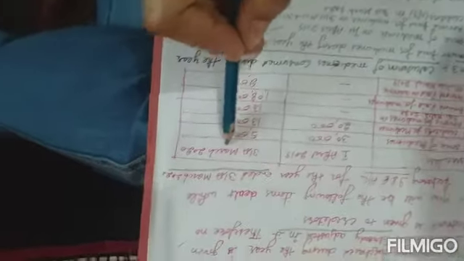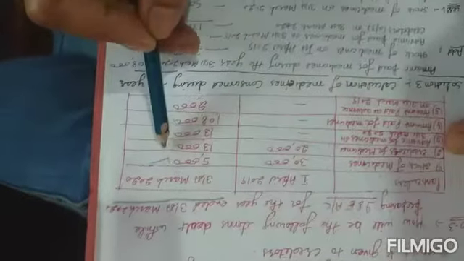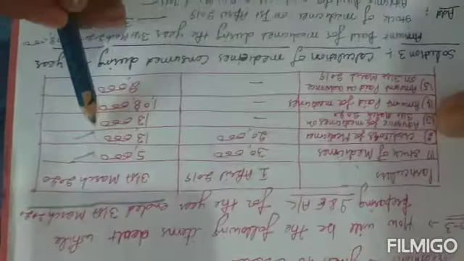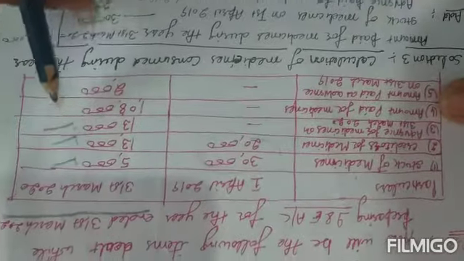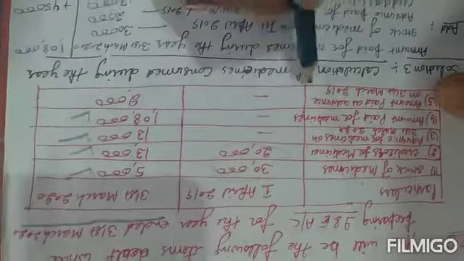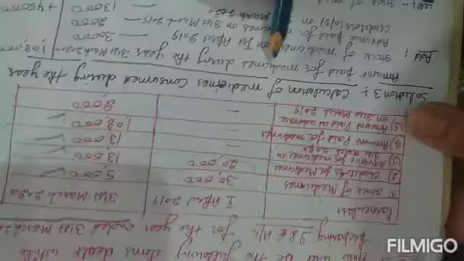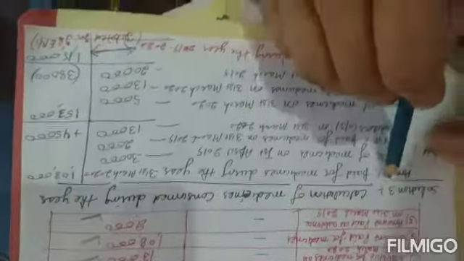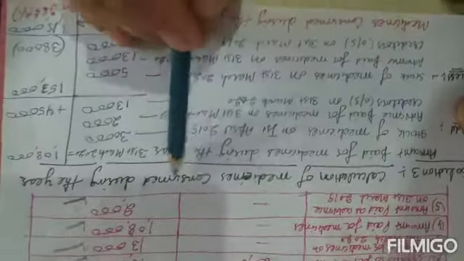Now come to the last day of the financial year, 31st March 2020. The stock of medicines is 5,000. Creditors for medicines 13,000. Advance for medicines on 31st March 2020, 13,000. Amount paid for medicines 1,08,000. Amount paid as advance on 31st March 2019 is 2,000. This is the question. The solution is the calculation of medicines consumed during the year. We will use the formula and adjust all these items one by one.